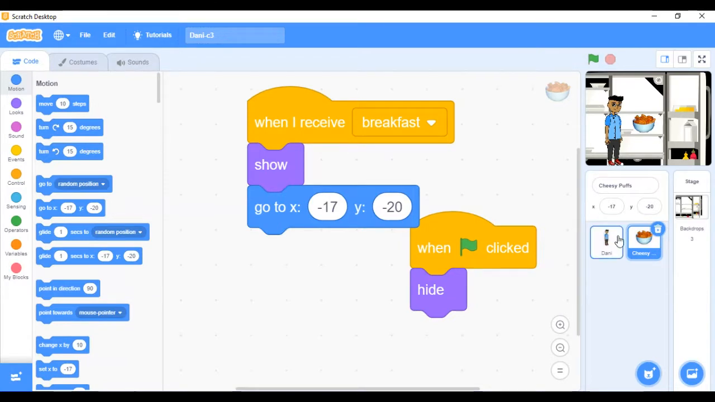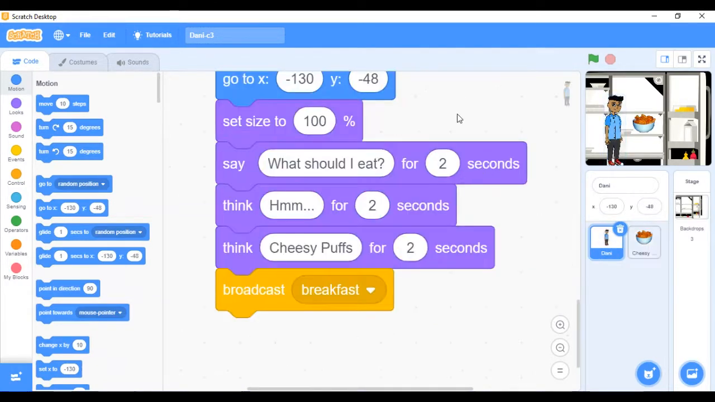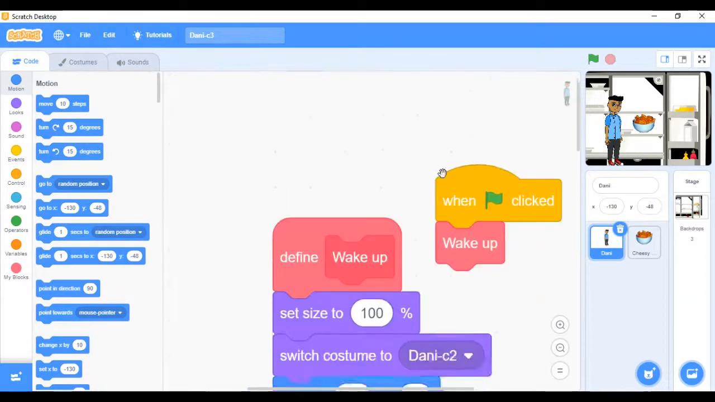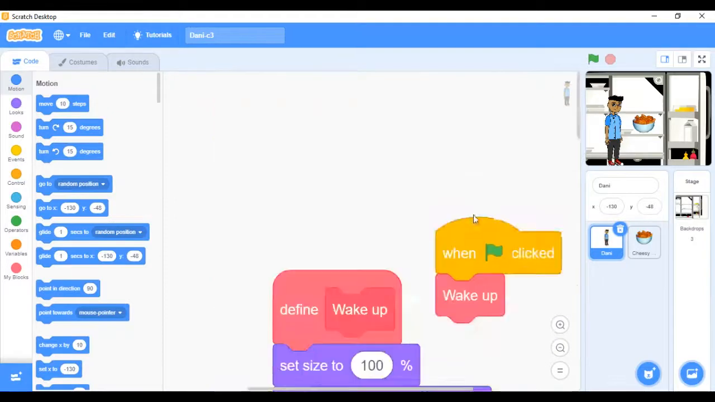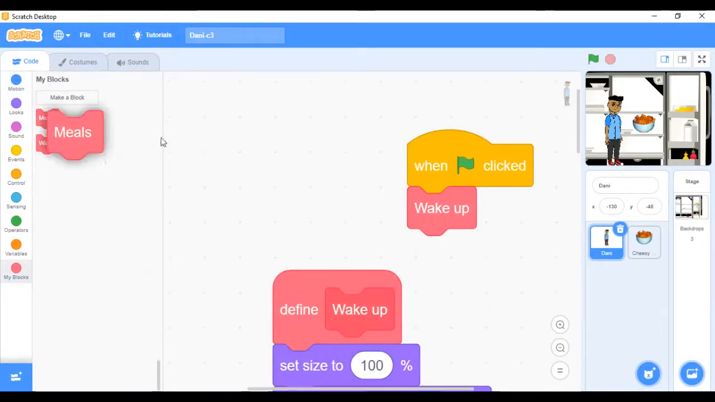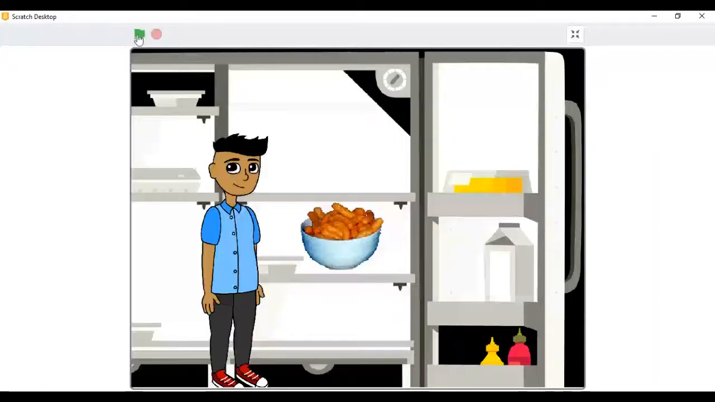So let's go back to Danny, and then we add to our code. We now call the meal function, just the way we called the wake up, so we also do the same. We add the meal, so we can try that and see if it's going to work. So once I click the flag,